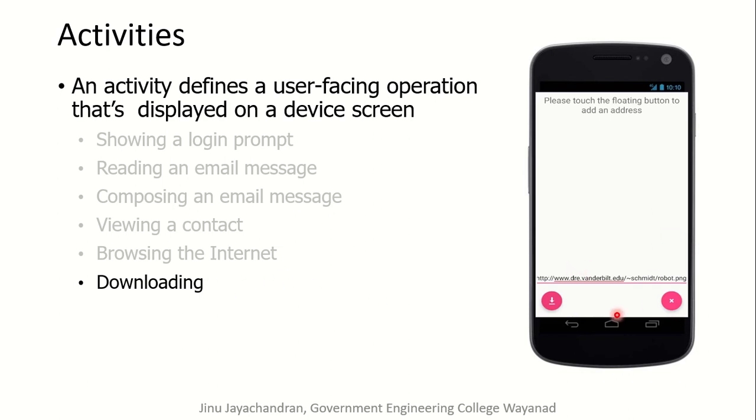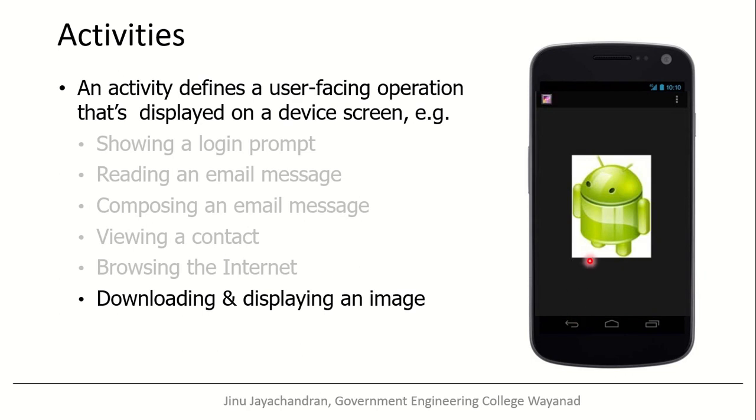Now let's say another activity where you want to download an image from any particular website. In this app, this is an activity in which you can type the website or the complete path of the image, click the download button, and it will get downloaded. Now this is a gallery application in which, when you click the downloaded image, it will show up the image.